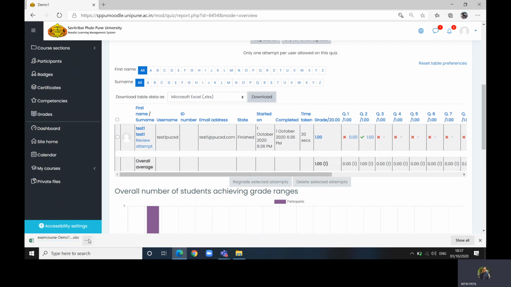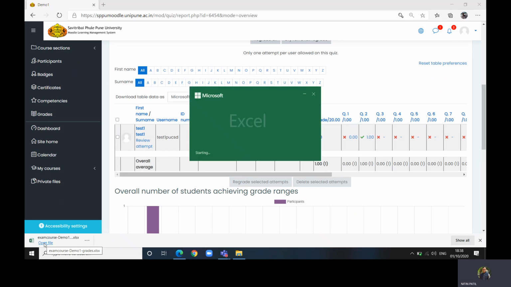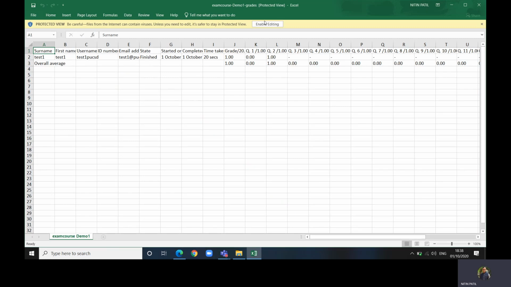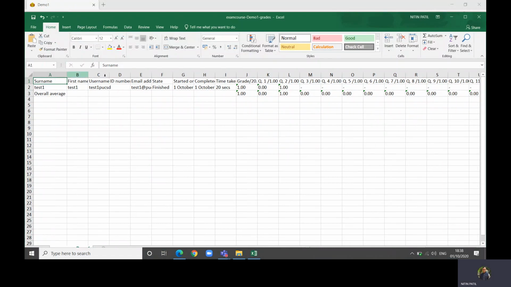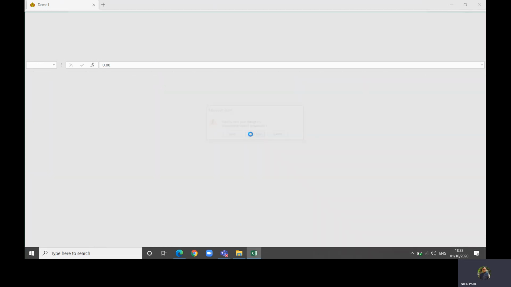Now this would be your report. If I open that file, this would be the report for the teacher who took the test. He can then submit this, and all details would be added there. You can choose, if only final marks are required, or you can download this whole report and put a signature. You can take a print and submit it. So this is how it would be available.